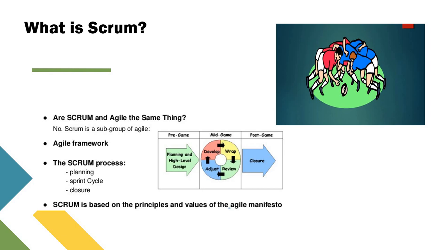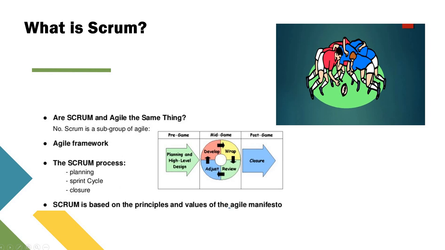So the Scrum framework consists of the teams, associated roles, events, artifacts, and the rules. Each component within the framework serves a specific purpose and is essential to Scrum's success and usage.